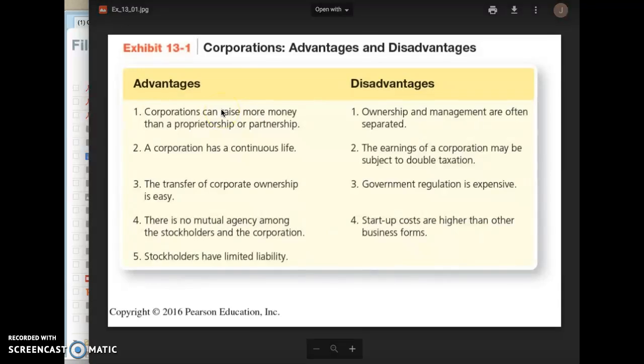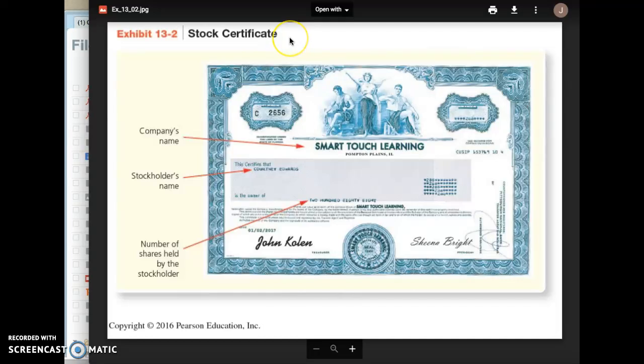13.1 gives you sort of an overview of the advantages and disadvantages of a corporation. And again, it comes down to limited liability and double taxation. So those are the two main points in terms of comparing forms of business: proprietorships, partnerships, and corporations. The next exhibit, 13.2, gives you a stock certificate sample. Obviously, this is a paper one. It has a company name, stockholder's name, number of shares. Nowadays it's all electronic, so you're probably not going to have an actual paper certificate,